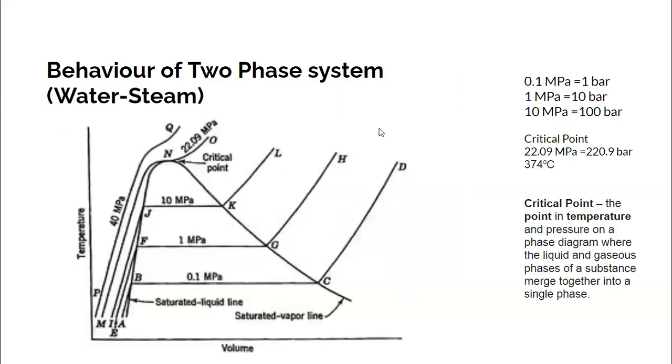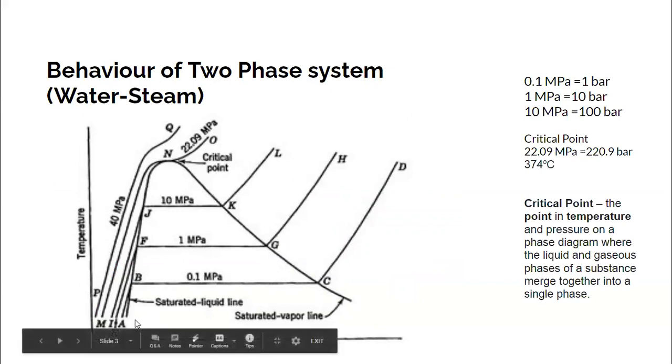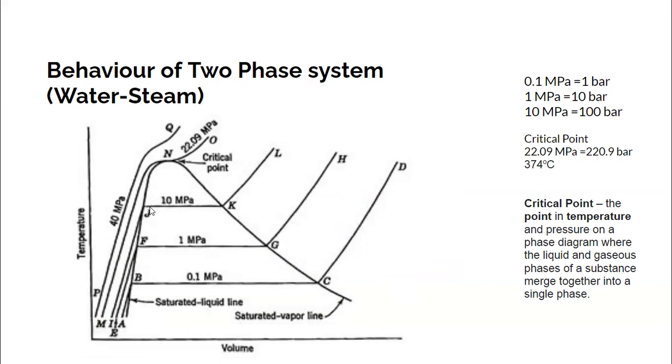As you go on increasing the pressure, you'll find that the latent heat of vaporization goes on decreasing. At 1 bar, which is 0.1 megapascals, the latent heat is more. At 10 bar, which is 1 megapascal, the latent heat goes on reducing. At 100 bar, it is reduced further. And at the critical point, the latent heat of vaporization becomes 0. The meaning is that there is a direct transformation of liquid to gas. There is no boiling. Above this region, the boilers are called supercritical steam generators. There is no boiling over here. Below this, it is called subcritical boiling. So this is very interesting to note.